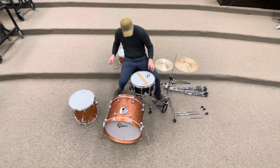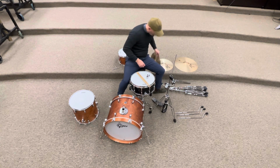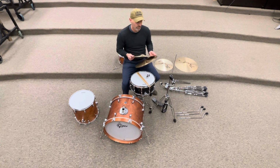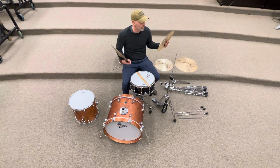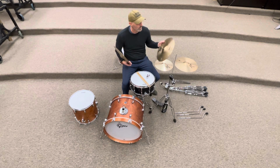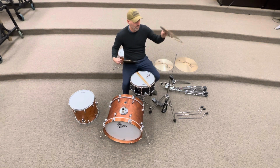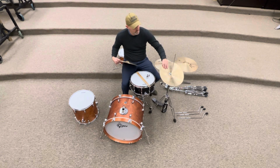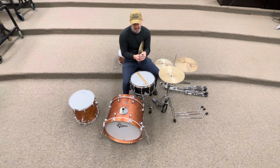And so we're going to grab our hi-hats, which are right here. You'll have two of them, and they'll actually say, pretty much on every type, whether they're from different brands and different qualities, this one says bottom, this one says top. The bottom's just a little bit thicker. So you're going to put the bottom on, and then you're going to take the clutch, undo it here,